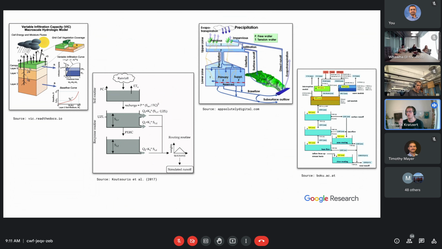And the transition functions between the inputs and in between the storages are predefined and contain a handful of model parameters. These models are usually forced by just precipitation and temperature. And then the entire system is modeled to predict discharge.